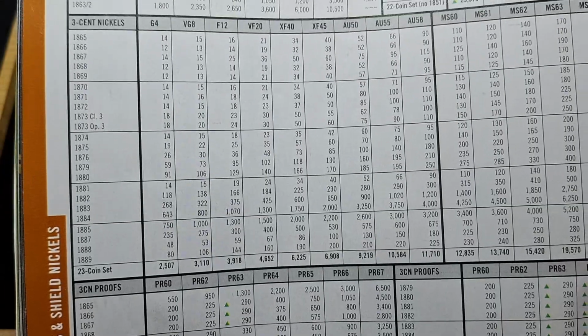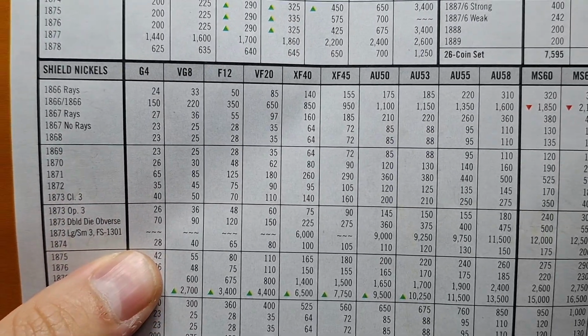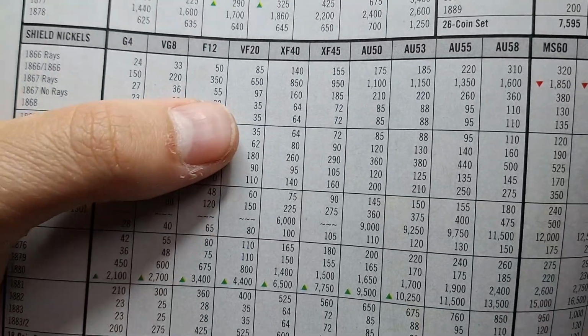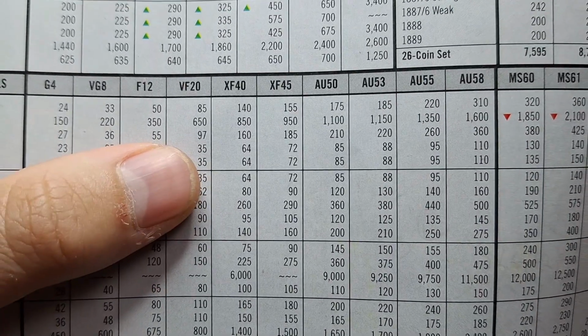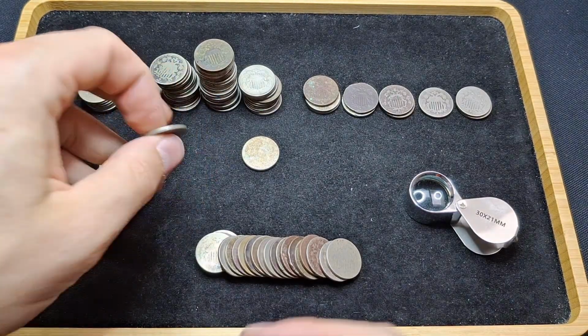let's see, shield nickels right here. 67 raise is about between 100 and 160 bucks there, which is kind of crazy for something like that. I have